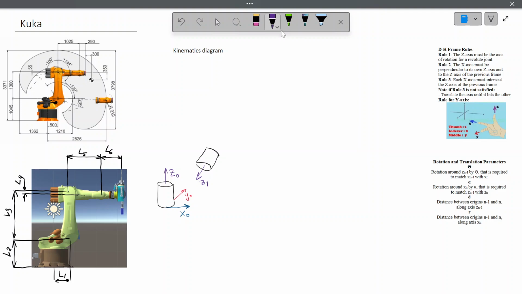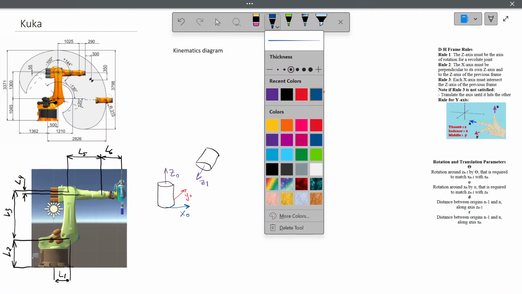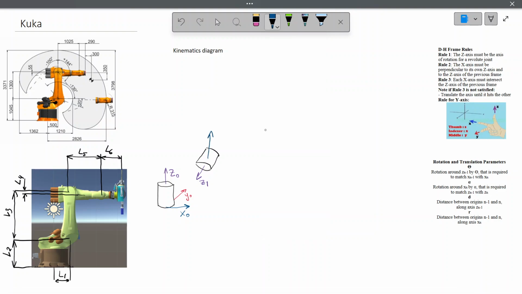Next, we draw the x-axis. X must be perpendicular to this one and to the previous one. For example, if we draw x this way, it's perpendicular to this one, but it's parallel to the previous one. Based on rule 2 and rule 3, x must be perpendicular to the previous one and it should intersect the previous axis. Currently they do not intersect. So we cannot draw the x-axis this way,